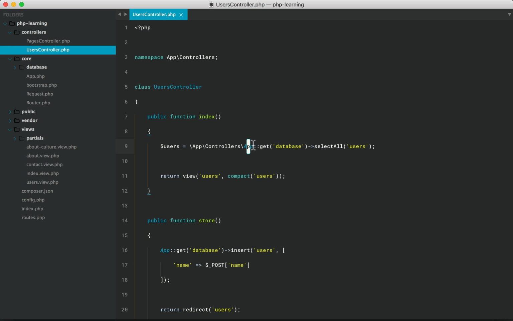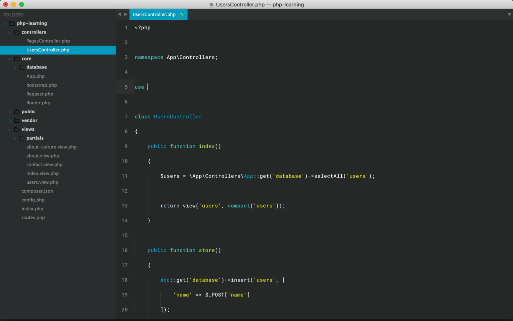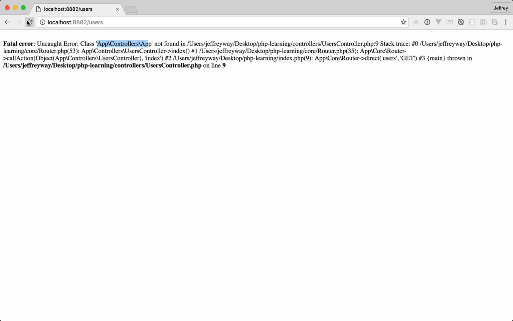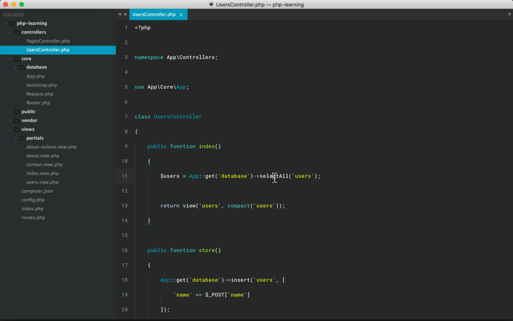So it sounds like we need to say, no, the class that I want to use is app core app. And notice that keyword, use. So we say it right here, use app core app. Now, whenever we reference this app class, it's going to look here. And if I come back and refresh, it should work. That's all there is to it. It's just not that complicated.